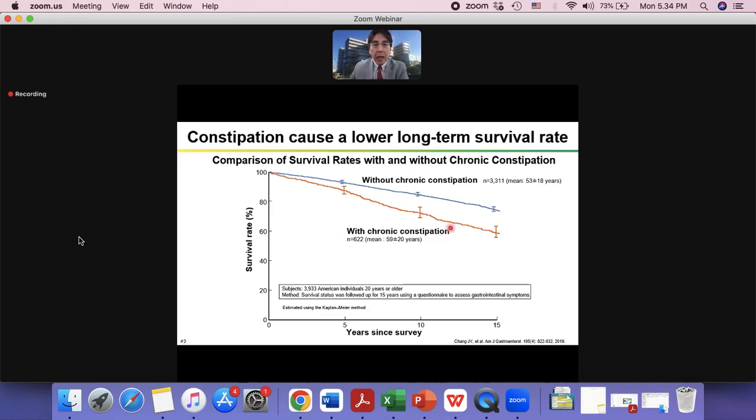As you can see here, over an observation period of 15 years, comparing patients without constipation and patients with constipation, the constipation group shows 23% lower overall survival compared to the group without constipation, suggesting that constipation lowers the survival rate. I'm not sure about other countries, but in Japan this is a serious problem in